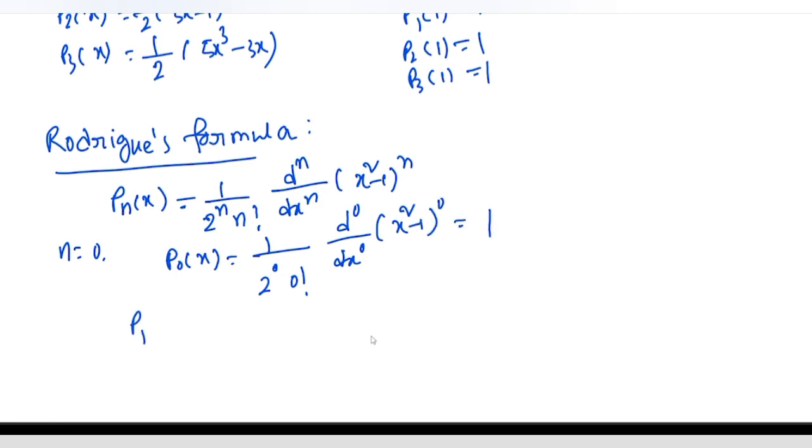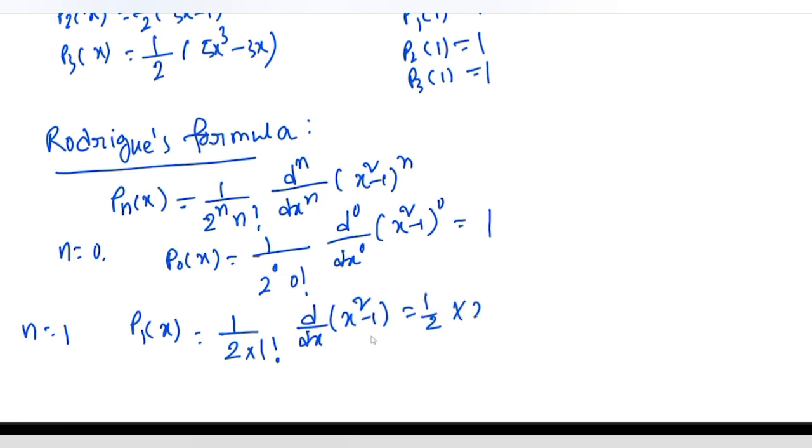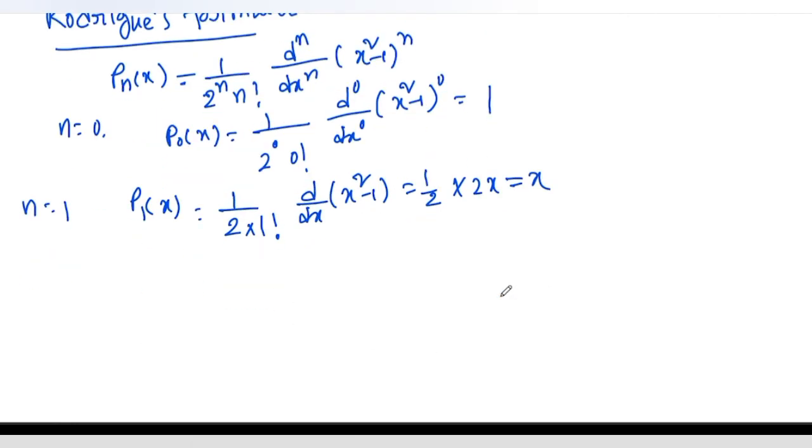If we choose n equal to 1, then we get x. Okay, if we choose n equal to 2, we get